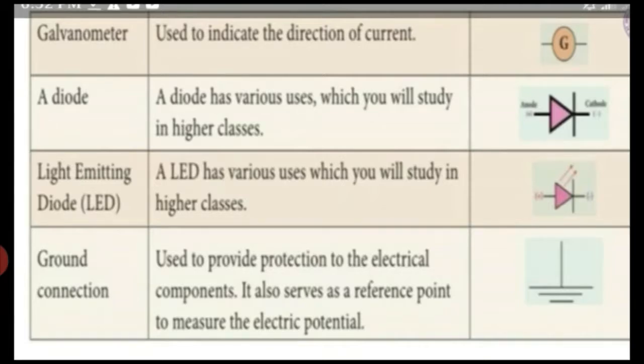Next one is the diode. A diode has various uses which you will read in the higher classes. Then light emitting diode, that is LED. It has various uses which you will study in your higher classes, that is also given in the